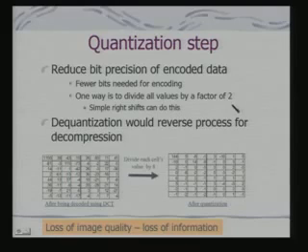If I divide by a factor of 2, then what happens? The magnitude gets reduced. Since the magnitude gets reduced, the number of bits that can be used for storing can be less. Here I am giving you an example that I am dividing the content of each cell by 8. This is the DCT value which we have obtained, and this is dividing by 8. If I divide by 8, you will see the range of values are changing. Obviously, I can use much smaller number of bits to represent these values. This is the basic motivation for the quantization step.